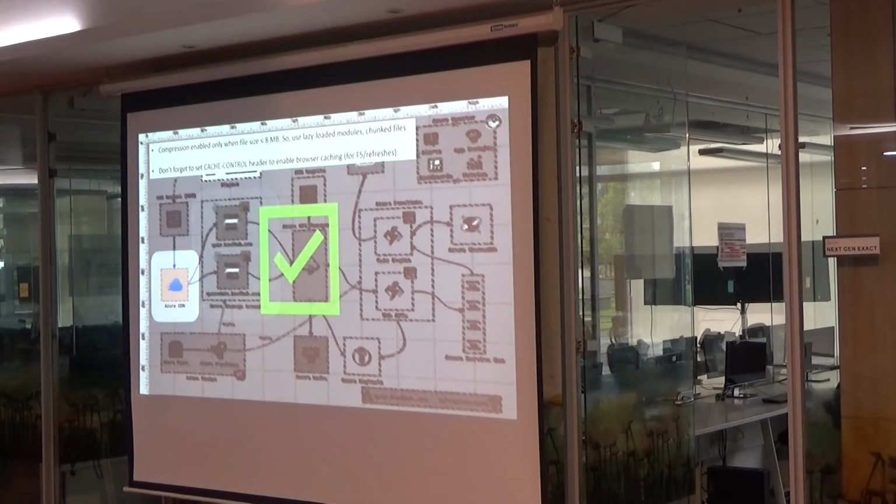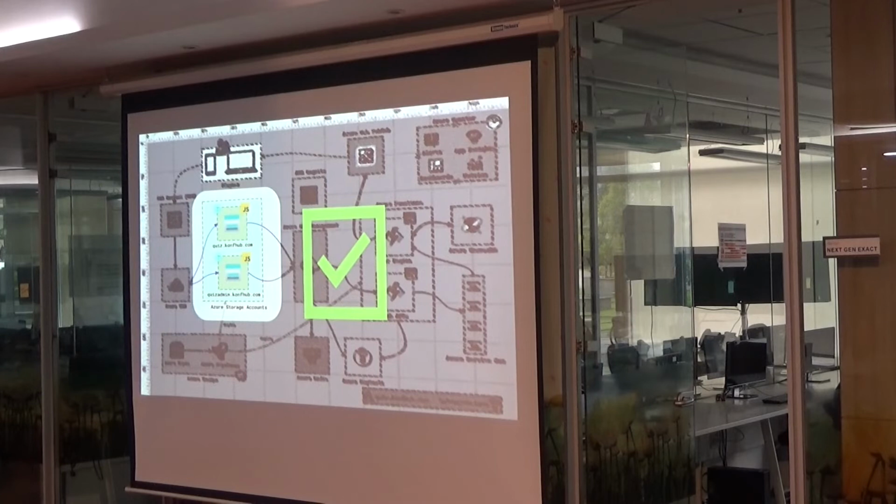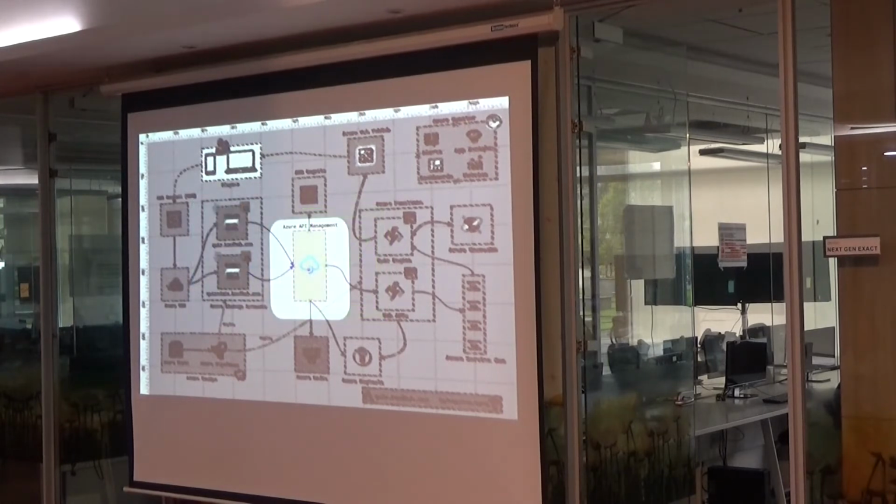Okay, after that we were good with the CDN. Storage account, we didn't really have any issues. The default ingress and egress rates, the bandwidth capacity, can easily serve more than 100K users, so we didn't really have any issues there. Plus we keep the file sizes small and chunked, and we cache it, so there are not too many outbound network connections happening. So egress is also very limited, so we were good there.